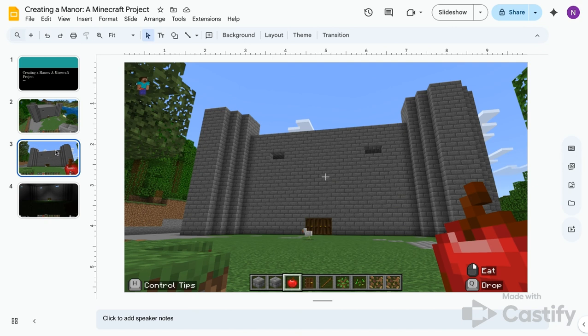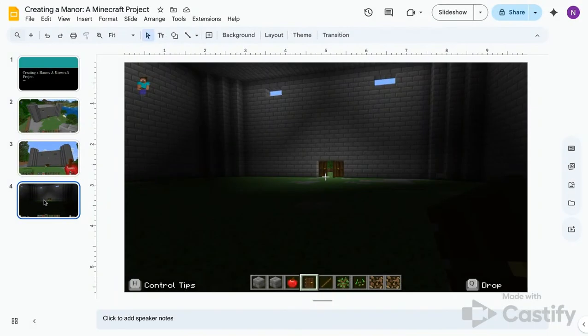This is another angle of the front of the castle that I designed. This is, again, meant to replicate the castles seen in medieval Europe, where they are built for defense, not for comfort. On the inside of the castle, you can see that there is one main room here, again, replicating the castles that you would see in medieval Europe. This structure was designed so I can figure out whether or not the game was capable of doing something that could be replicated while students create a manor. The results that I got clearly indicate that this could be used successfully as students work to create their own